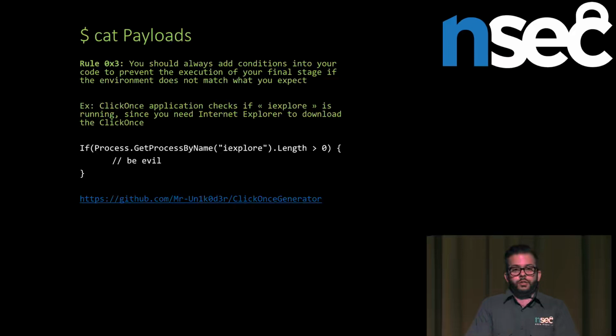Those are the little things that actually make a huge difference at the end of the day between being detected or not. So at this point, we carefully crafted our phishing campaign and our payload, so we're pretty much ready to go, right? So good news, everyone. We have a shell at that point. So it's time for hunting.